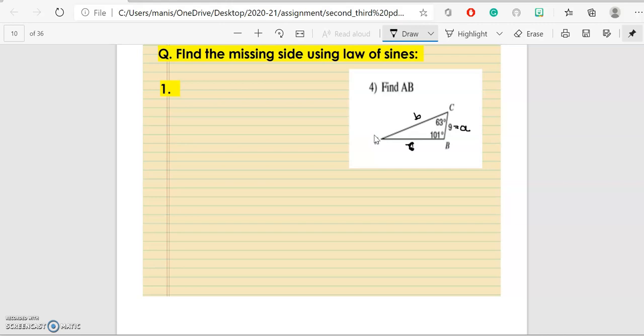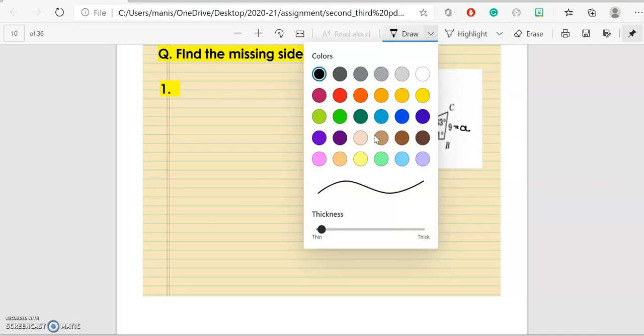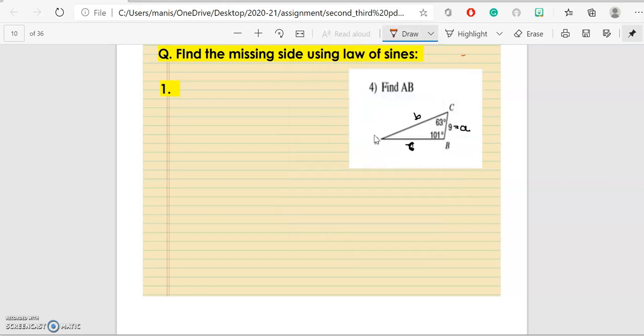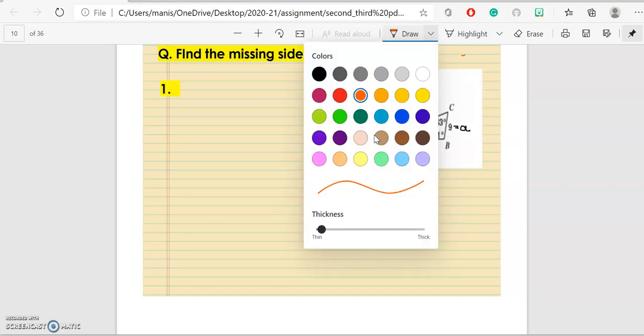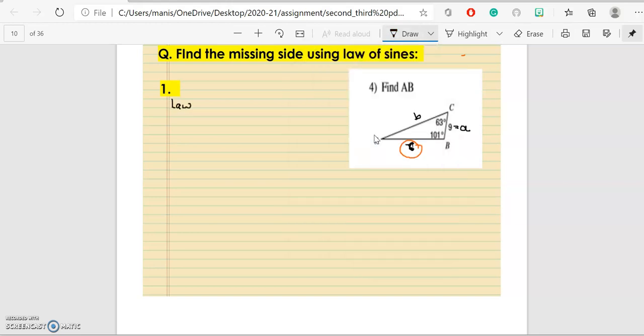Okay, now next part is what is the question asking? The question is asking us to find the value of AB. AB is this, so we have to find this, so circle this one over here. Now when we are using law of sines, I'll write it over here. Law of sines